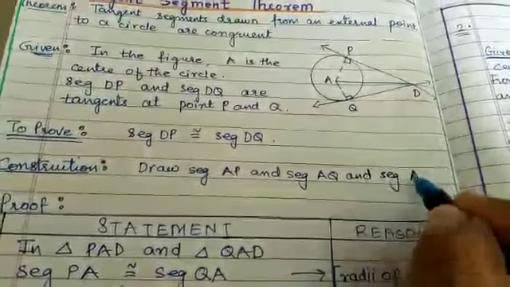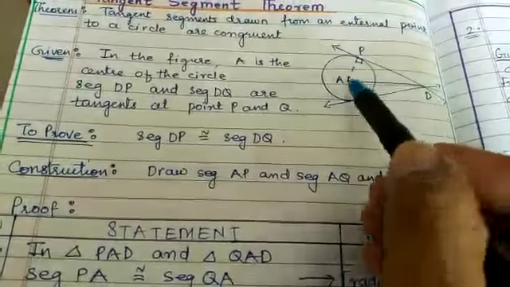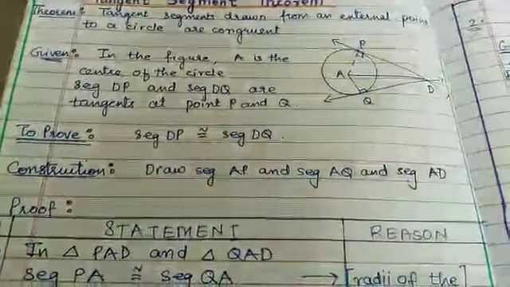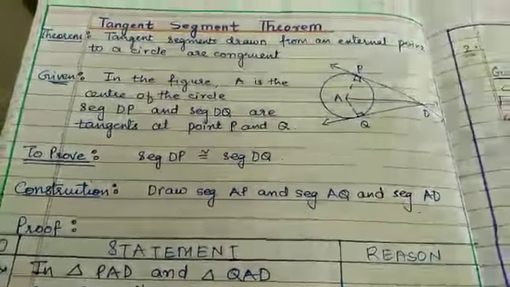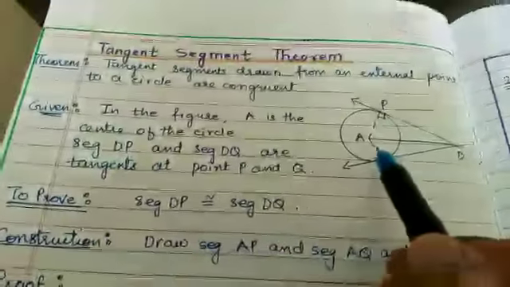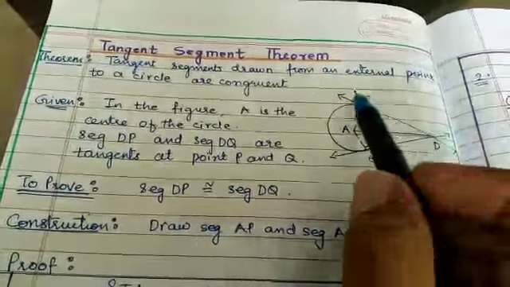segment AD. AD को भी हमें ड्रॉ करना है, दिया नहीं था हमें। तो AP कंस्ट्रक्ट करना है, AQ कंस्ट्रक्ट करना है, AD कंस्ट्रक्ट करना है। Now because of this construction we get 2 triangles. Now students, हमने सबसे पहला थ्योरम क्या पढ़ा था इसका? टेंजेंट थ्योरम। क्या थ्योरम था वो? अगर DP टेंजेंट है